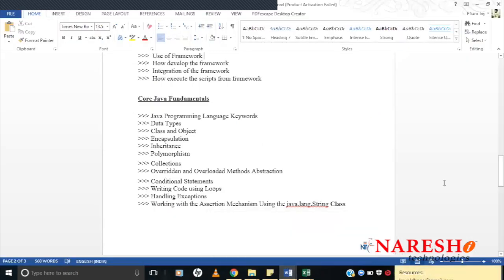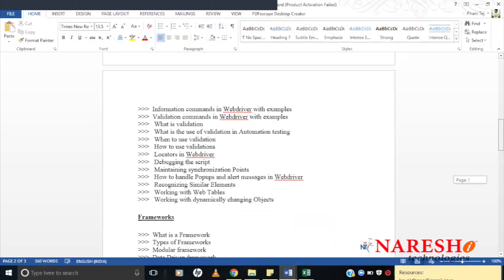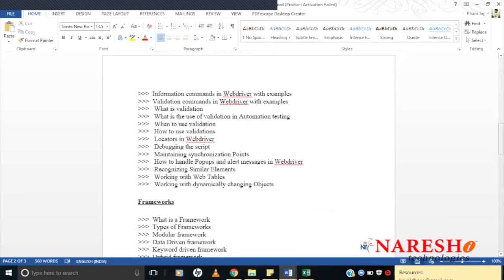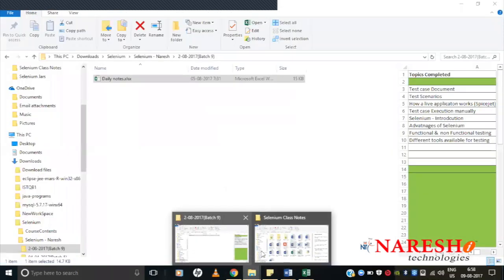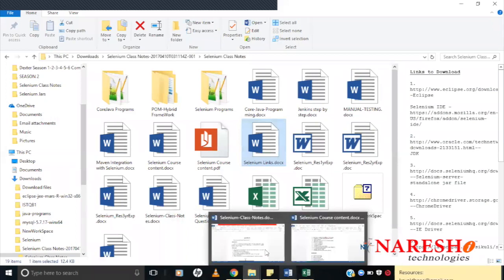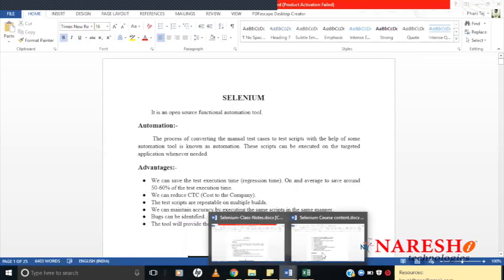Once you are done with this course content, once you are done learning the entire course contents present here, that is, by the end of our course, you will be able to successfully claim in your resume that you have already worked with Selenium for two years. That confidence level you will definitely achieve from this course. As I said, everything framed here is in terms of real-time knowledge.